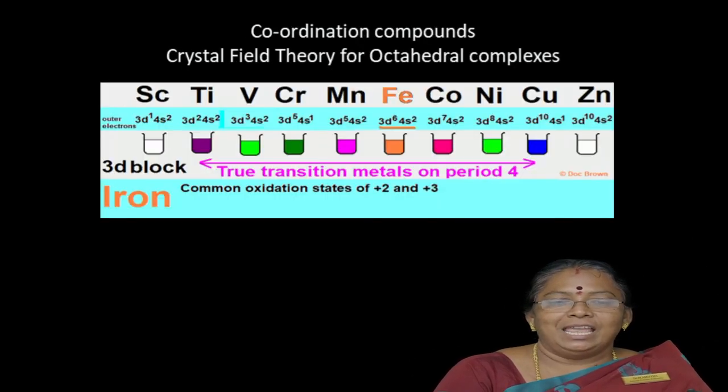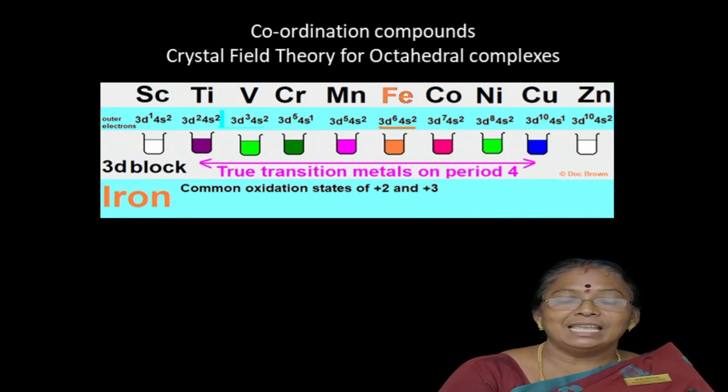Then, in coordination chemistry, in d block elements, in the 3d series, scandium, titanium, vanadium, chromium, manganese, iron, cobalt, nickel, copper and zinc complexes are in different colors. What is the reason for those colors? First of all, we should know the